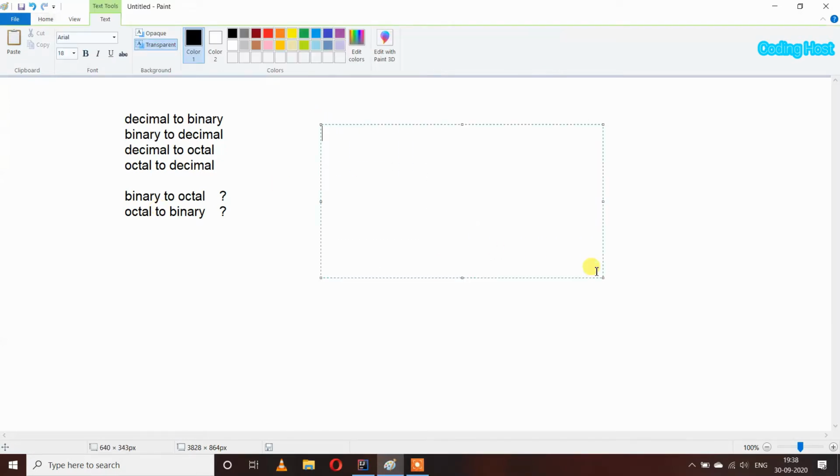Let's take an example that I have an octal number which is 144, and it is actually the octal representation of decimal 100. If I convert this octal number 144 directly into a binary number, then I will get 2101248, which is wrong, because the binary number of 100 is 1100100. So that is the actual output we should get.